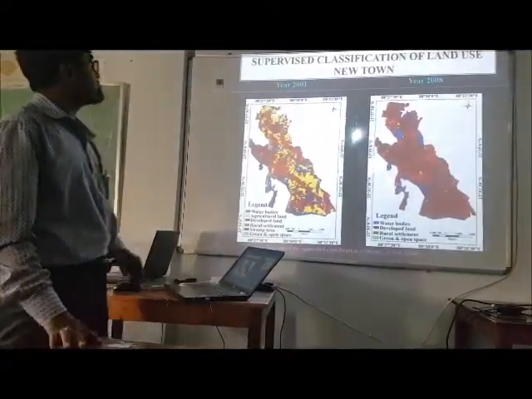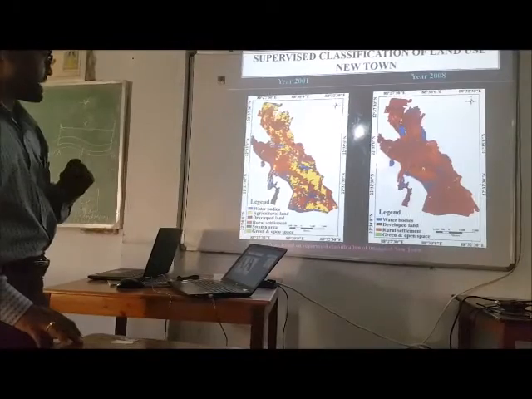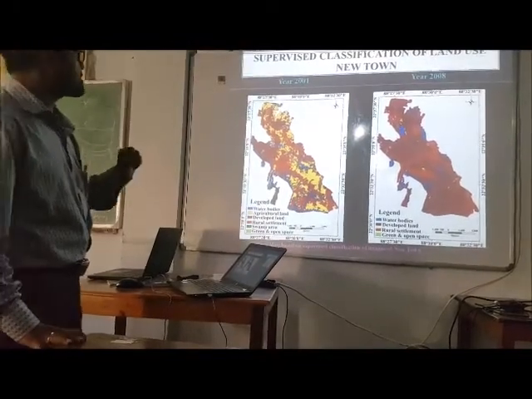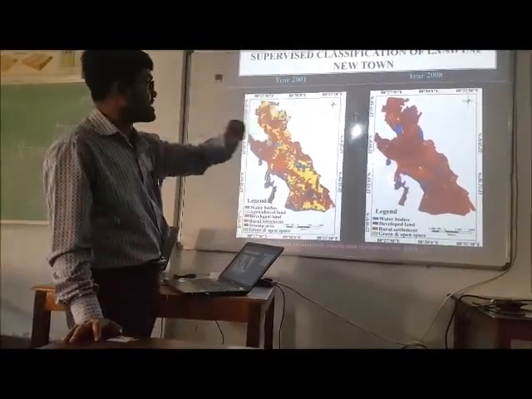This is the supervised classification of the Newtown area for the years 2001 and 2008.